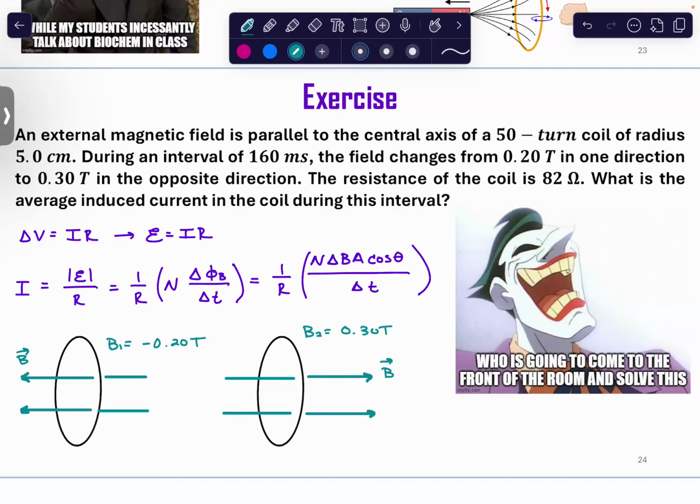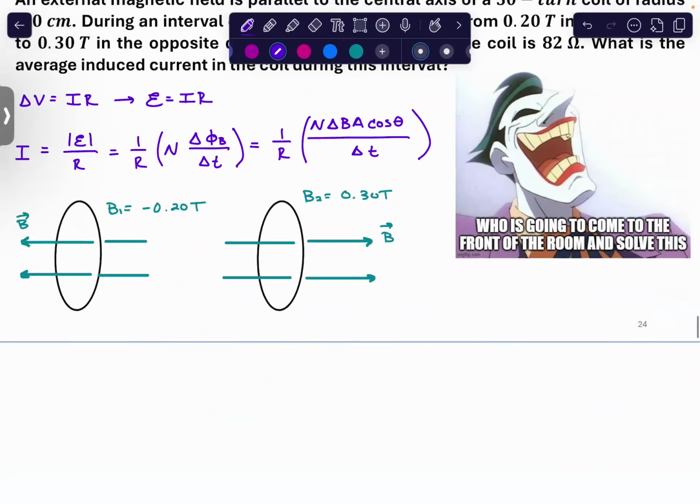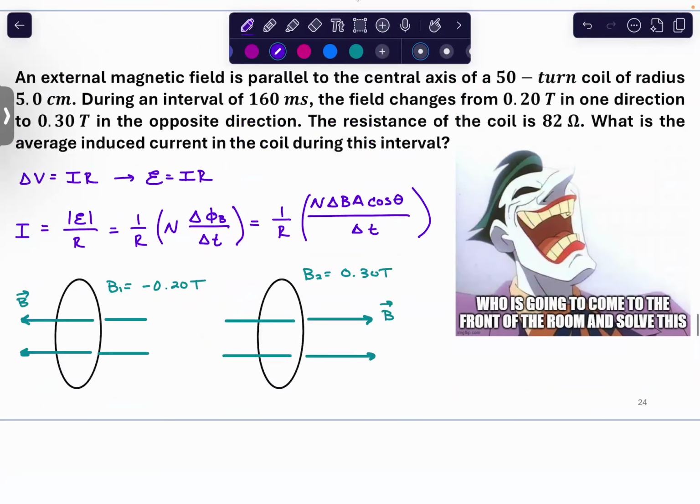So at one point, the magnetic field is fluxing one direction. Next time it's fluxing in the opposite direction. Okay, so, and the field being parallel to the surface area or the cross-sectional area, what angle is theta? Zero. Because remember, if we were doing